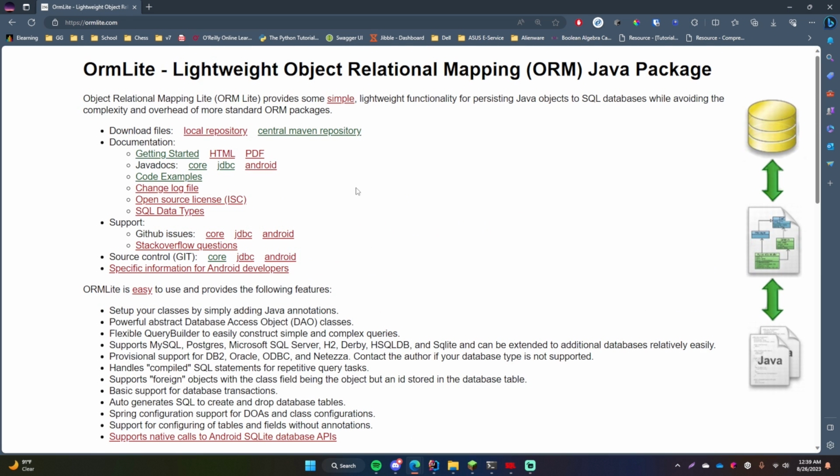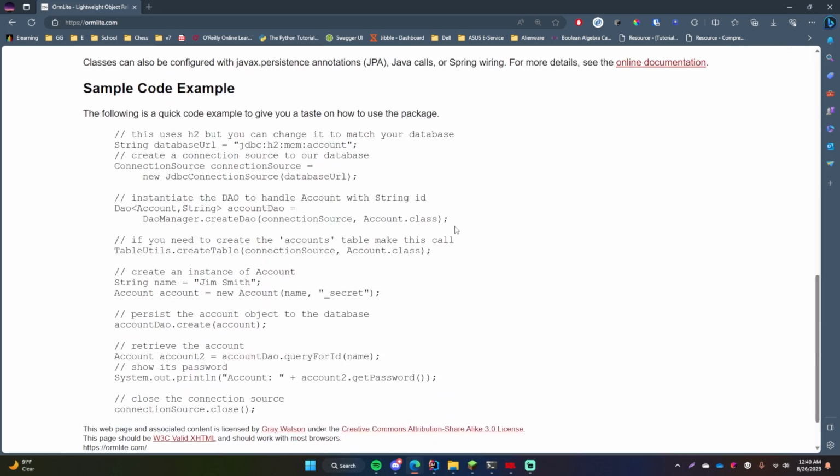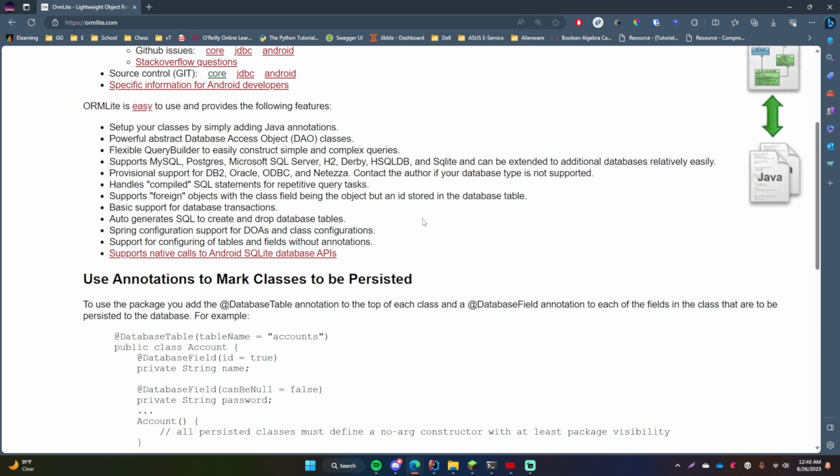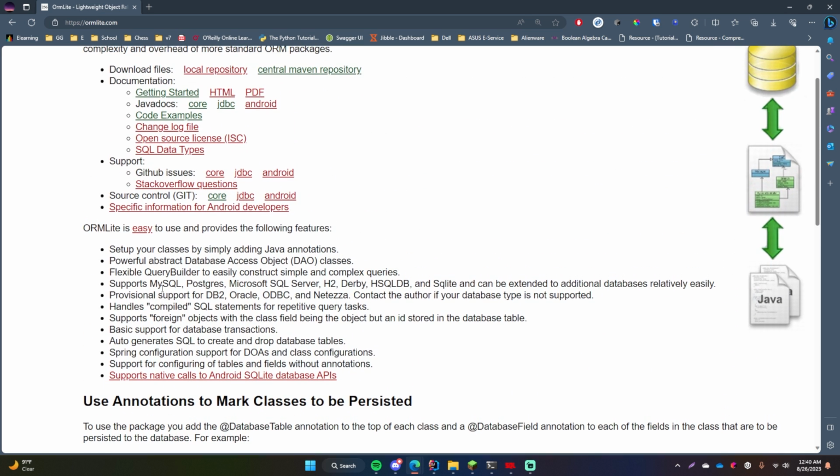So this is exactly one of those packages that allow you to do that. It's a very popular one. It's called ORM Lite, similar to SQLite in the sense that it's lightweight, but they are different things. So this is something that you could really just import into your application really easily, just using the Maven dependency import, and it allows you to integrate with a bunch of different databases like MySQL, Postgres,